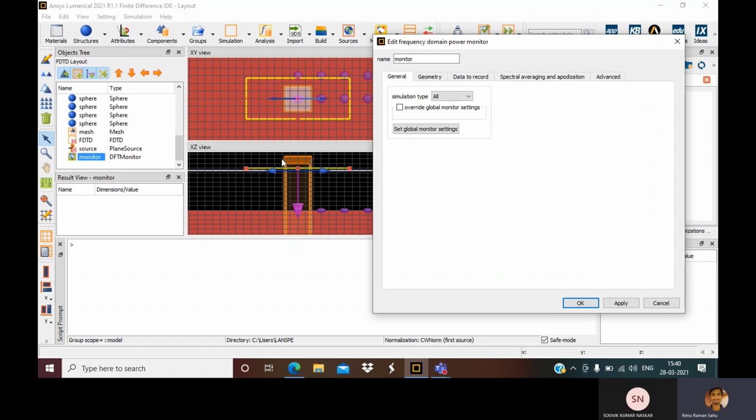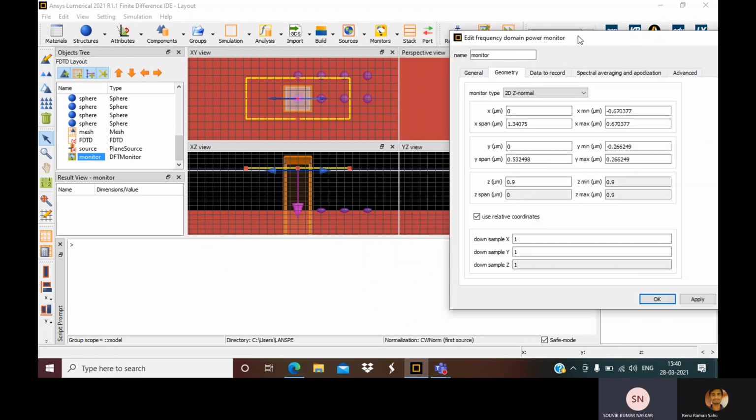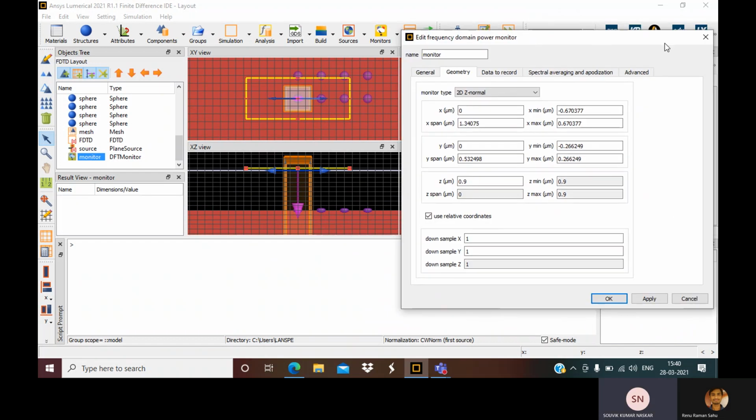It is inside the simulation region but extending beyond it. Okay, I got messed up. Just cancel this edit frequency domain power monitor. Yeah, I can see.